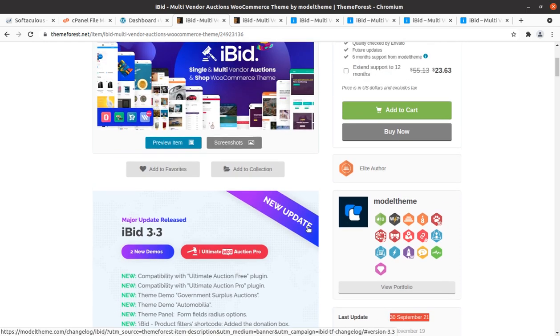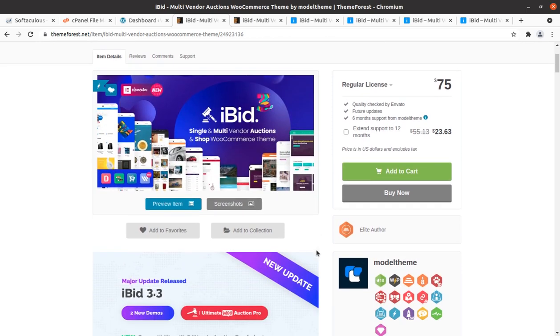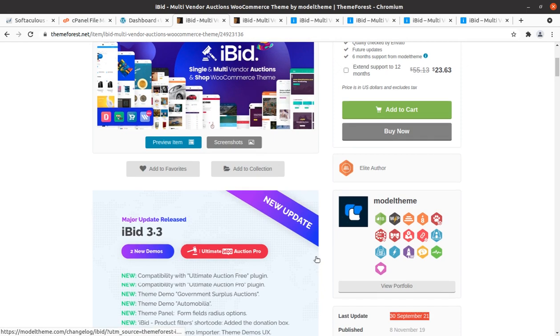As the heading indicates, it has all the great facility for auctions, e-commerce activities, multi-vendor and all associated facilities using WooCommerce and WordPress.